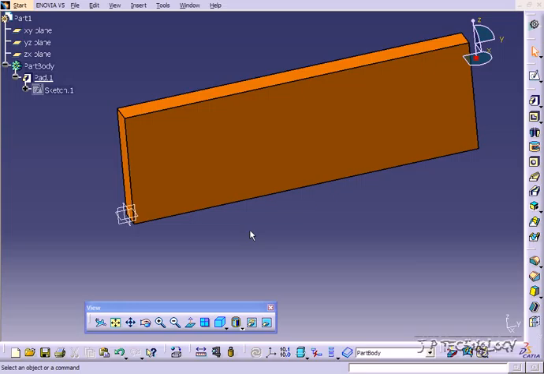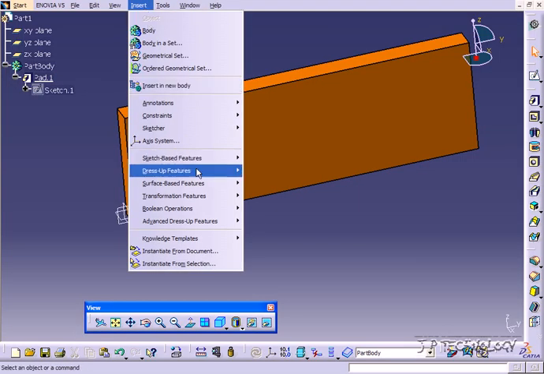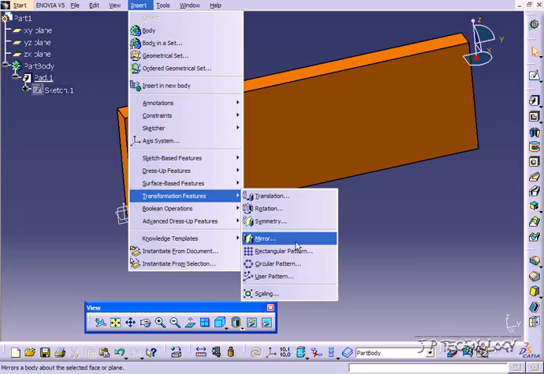This is tutorial number 71, and it covers how to use the rectangular pattern feature within CATIA V5. To start off, open up tutorial part number 71, which is located on the DVD. Now to find the rectangular pattern feature, what you have to do is click Insert, click Transformation Features, click Rectangular